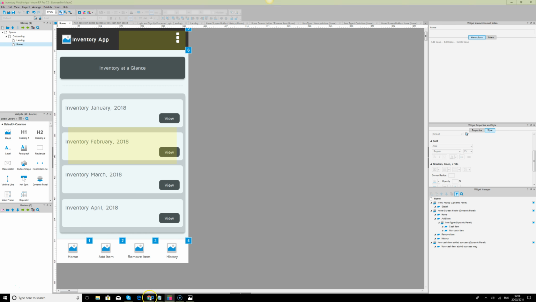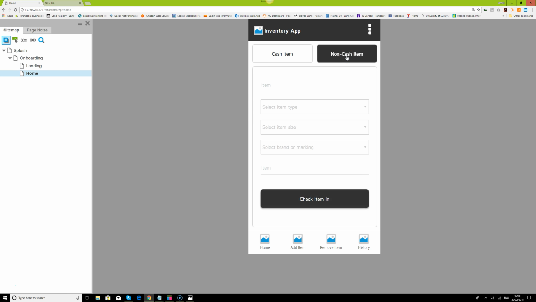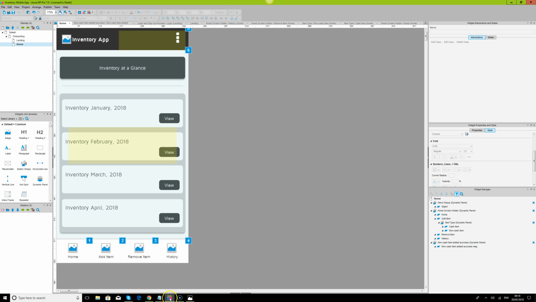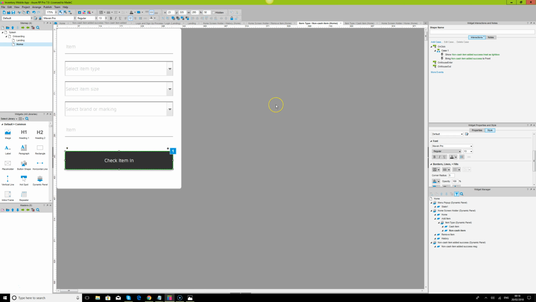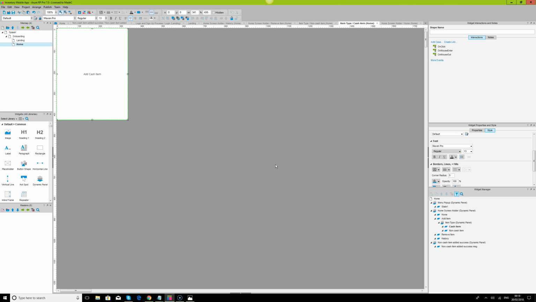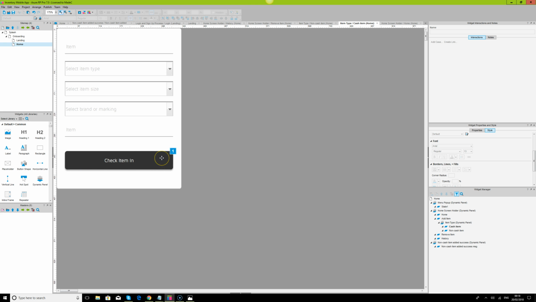So the next thing we're going to do, we're going to be adding item for cash item. We've added non-cash item. It's going to be similar to this, and we just get this information, we grab it, we paste it in this page, and then we'll change some things we don't need. So we'll go back to our non-cash items. So I'll just select all these basically and go to cash item, and I'll paste it in the cash item. So I'll increase this and say